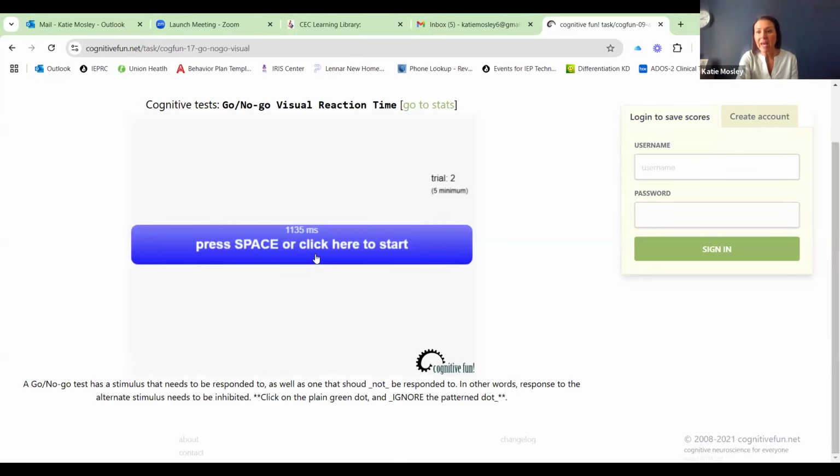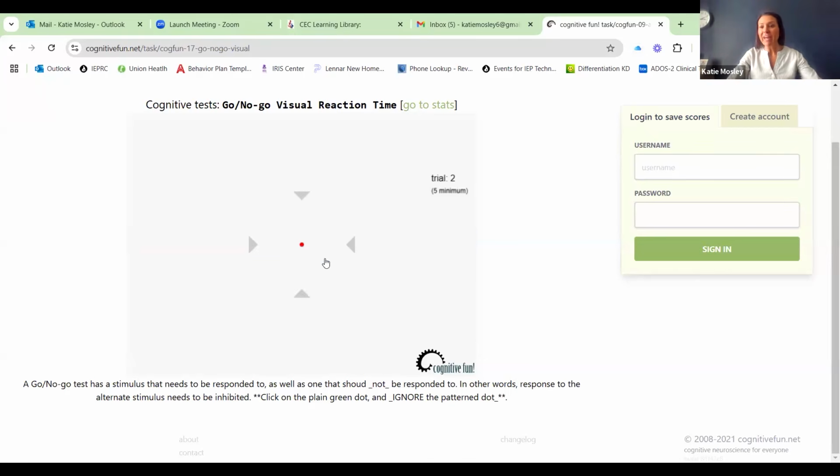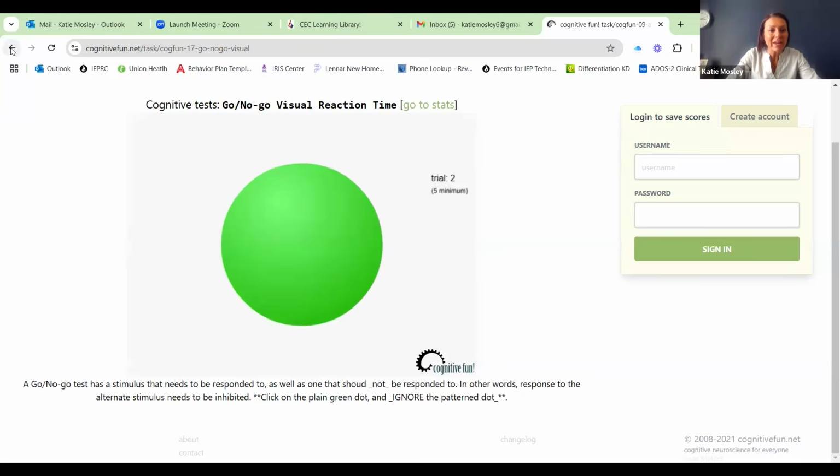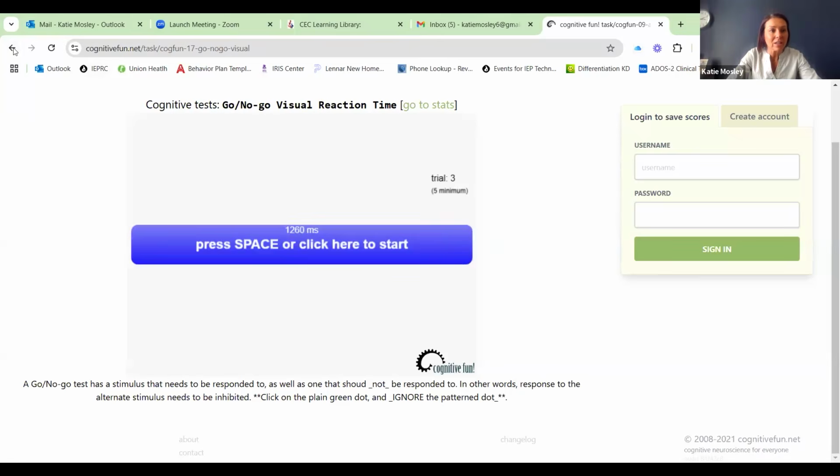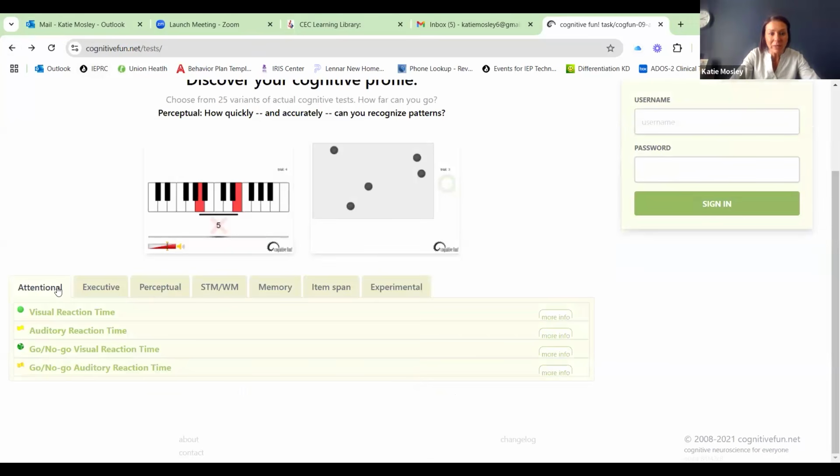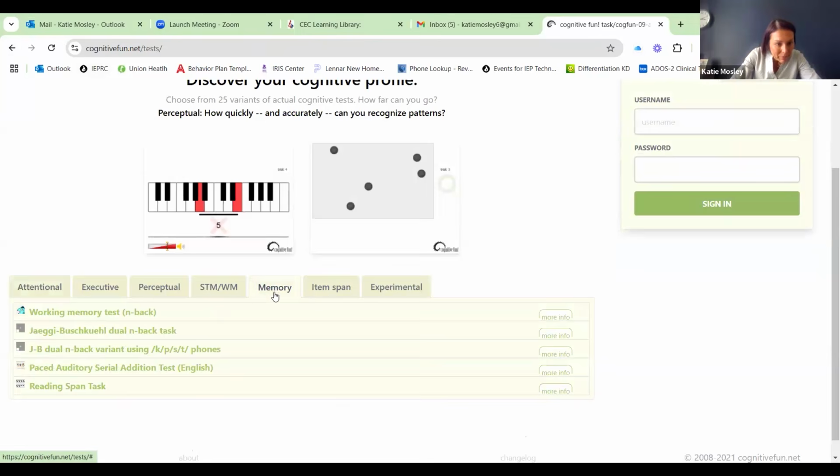So you'll notice every time that you click it, that it's right, it's going to tell you how long it took you to react to that. So it works on reaction time and things like that. Just kind of a fun little activity if you ever had downtime with your kids and you wanted to work on some stuff. So we're going to look at the memory, and we are doing